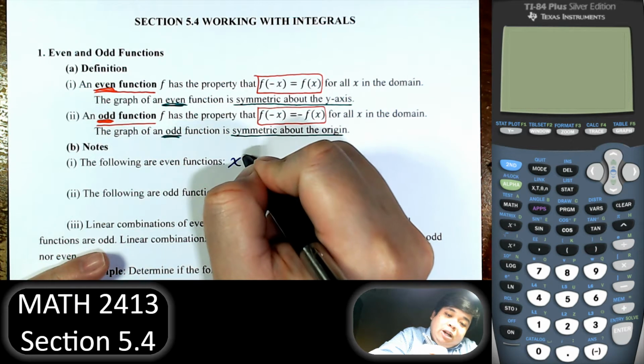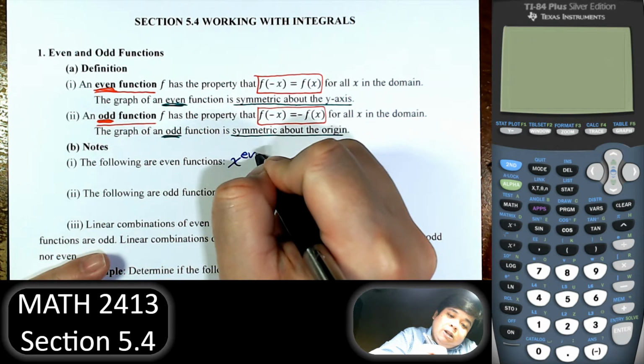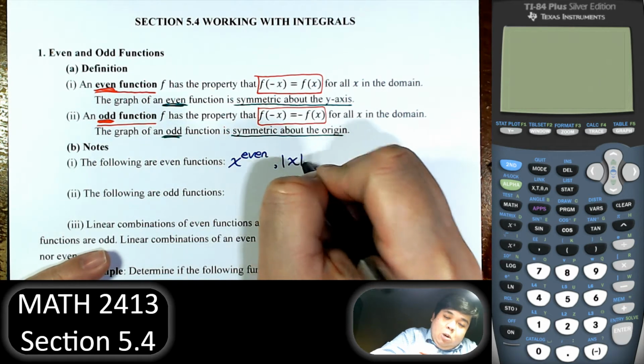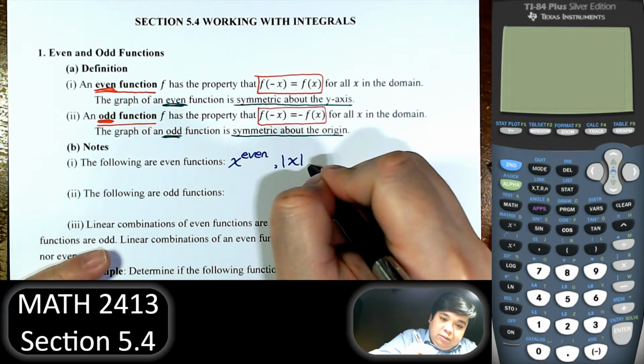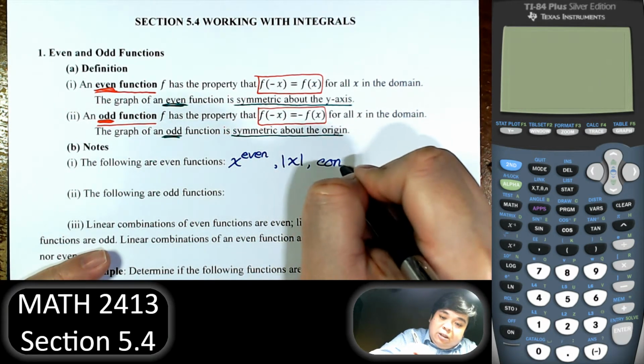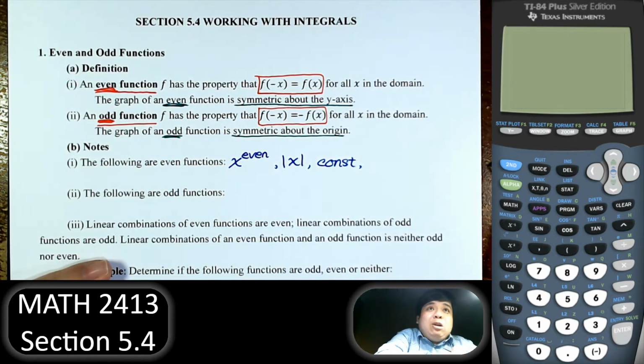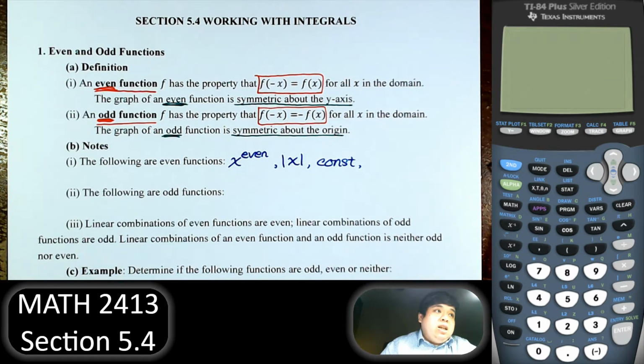So x to an even power will be even. Absolute value of x is also even. A constant function is even. What else? How about trig functions? Out of those functions, which one is odd, which one is even? So let's just